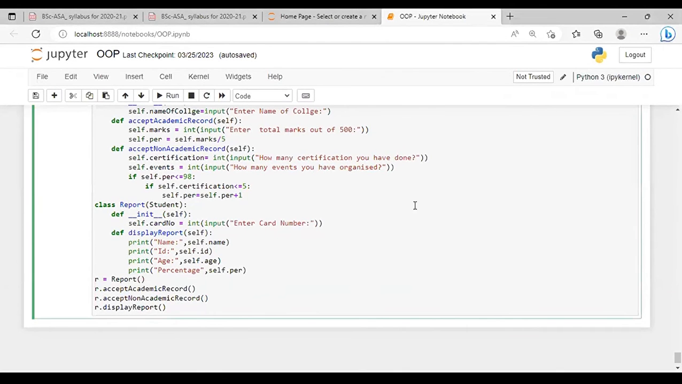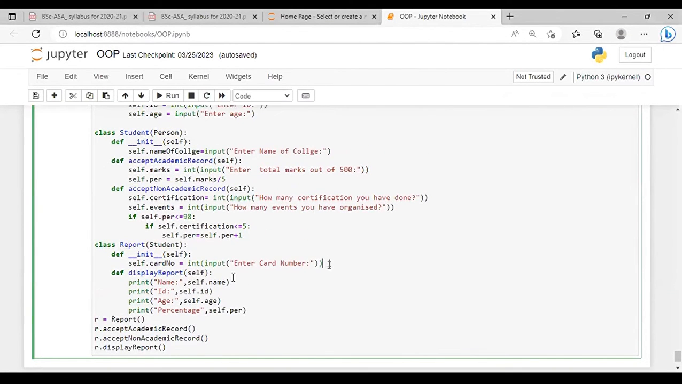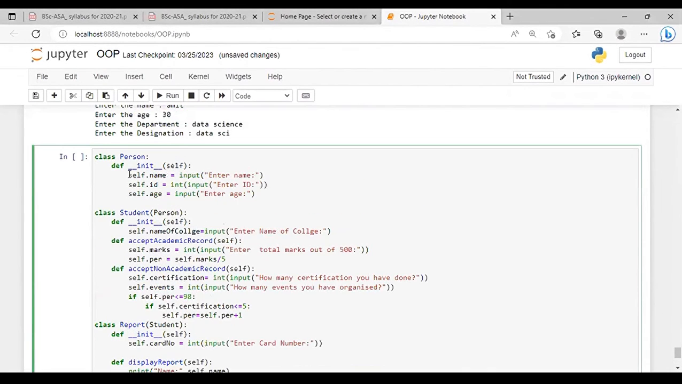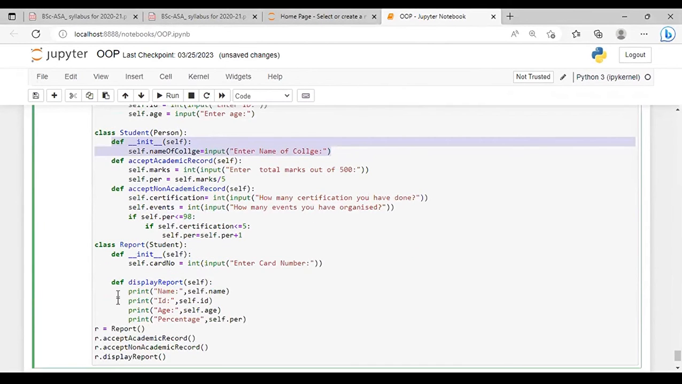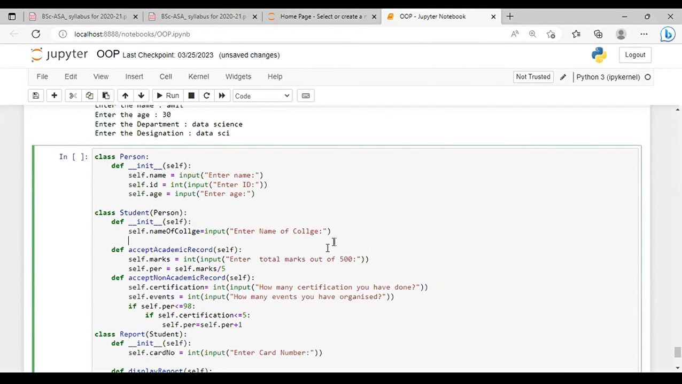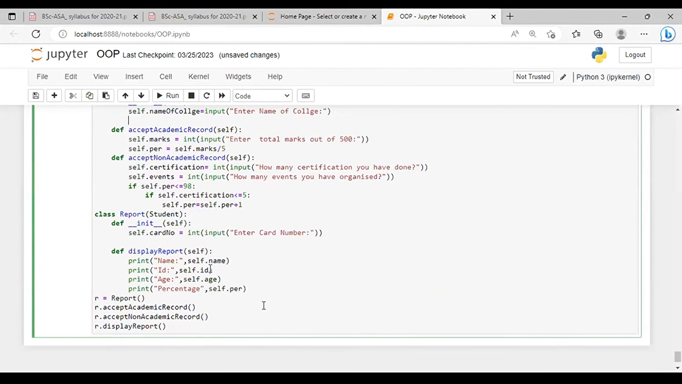Okay, so here you can see, simple, right? What is the problem here? We are having a constructor of this class also, and a constructor of this class also. So how will we be tackling this? Very simple. Now see, when